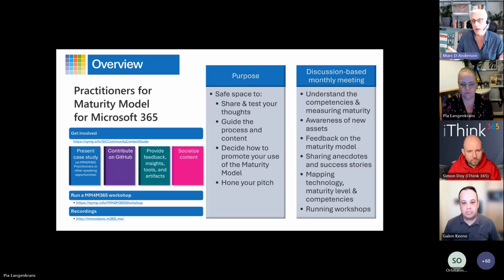And then just share the content out. Make sure that people in your social circle know about the maturity model for Microsoft 365 as a tool set. We think that it's of some value, all of us who are on the core team. And if you share it out there, we'll have more people on these calls. It looks like we've got 65 people today, which is a very healthy number. We would love to have this get bigger.